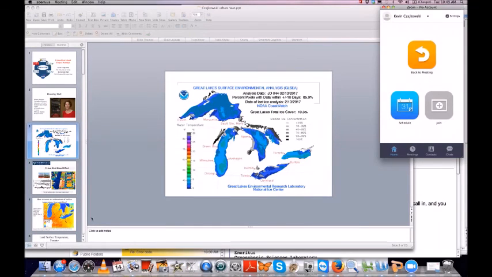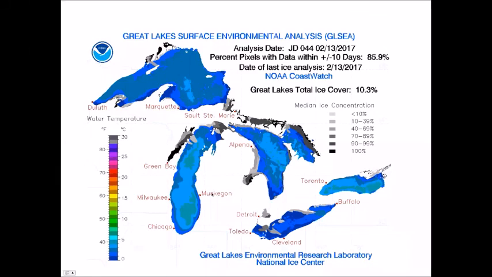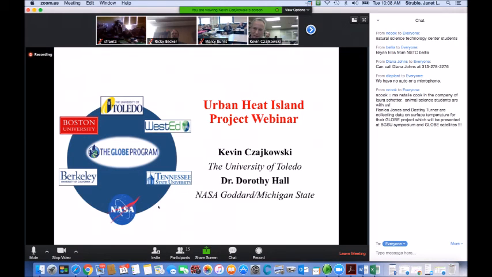And every time there's a Great Lakes ice study, that's the year that it's very low ice cover. I know. Many years ago, one of the scientists from NOAA, the Great Lakes Environmental Research Lab, had to do their studies up in Lake Superior because there was even less ice than this year. But this is the ice cover from yesterday. It looks like there's about 10% of the Great Lakes covered with ice, which is very, very low for this time of year. Yeah, that's very disappointing. Always works that way.